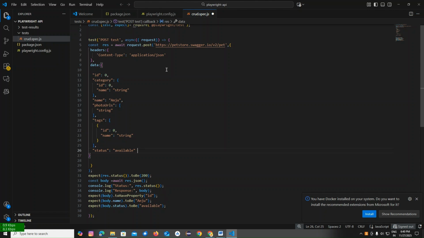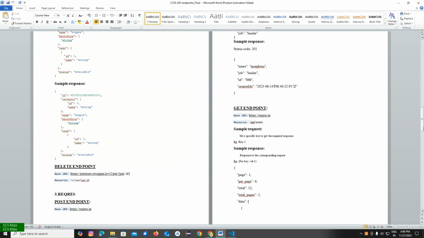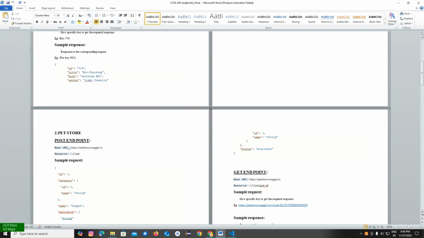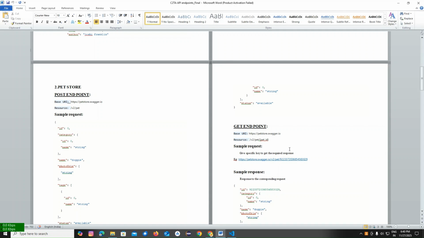Now we already have the endpoint which I showed in the previous video. For that, I'm going to the third one, the pet request one, the pet store one. The second one, I'm going to this endpoint. As I told you, if you ping me in the comments or on WhatsApp at the JS Testing Academy official number, I can share this document also. I'm going to use the right endpoint and write a small code for retrieving the data from the